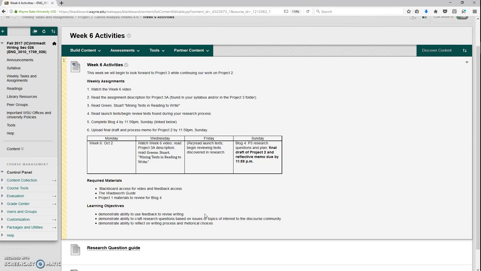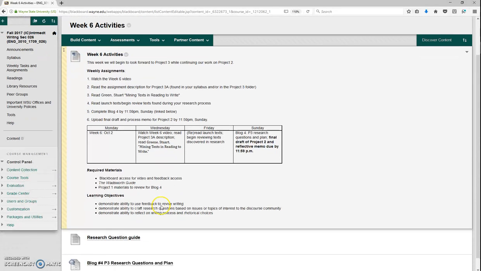So begin with some general searches in the databases about your field, or begin with some sort of contextual knowledge about your field. We used Wikipedia, then we used some of the databases and the library resources, just to get a sense of what the field is doing. So really draw on the things that you've done in Project 1 and Project 2 for that baseline knowledge. Now, once you have the context in mind, think about what it is that you're curious about, and this is where you're going to start to develop your research questions.